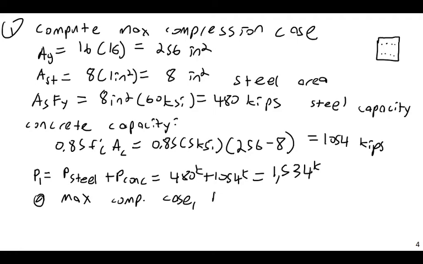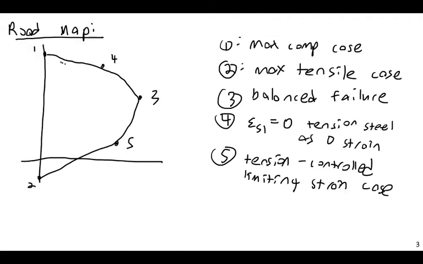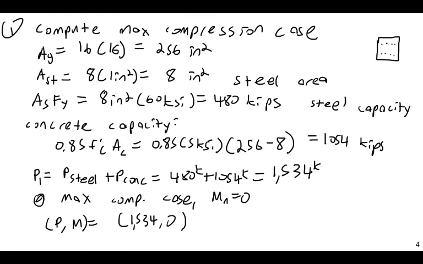Essentially, the Mn is 0. So we now have a location on our curve that corresponds to 1,534, comma 0. That will be our point 1. So our P, comma M is going to be 1,534, comma 0. What we're working on so far is Pn and Mn. I'm going to calculate the nominal capacities first, and then later we can come back and calculate the factored capacities,